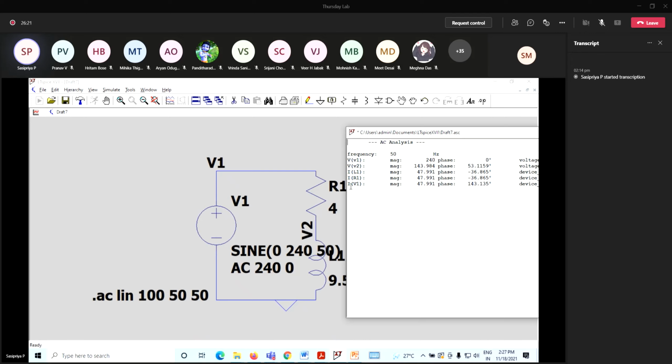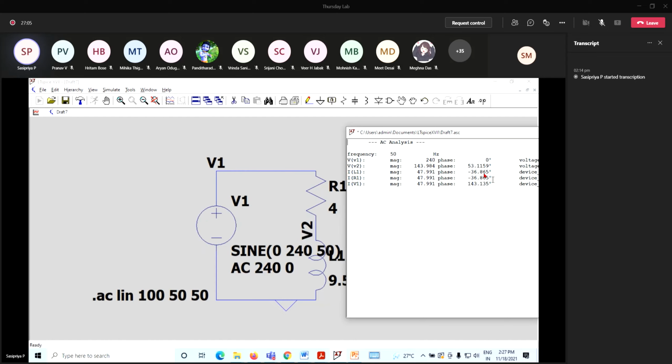Okay, and then current. All the three currents will be the same, right? Because it's a series circuit. So the current supplied by the source, the current flowing through the resistor, and the current flowing through the inductor. If you look at the magnitude, all are the same, but in the phase angle there is a difference. As usual, we do not know what reference current direction SPICE is considering. See, these two currents are downwards. Whereas here also the current is taken in the downward direction, but the original current is in the opposite direction. That's why for V1 we are getting a different phase angle.